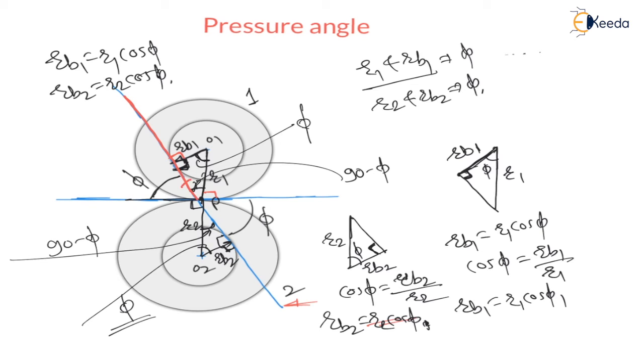See, like this, along this line of action the actual force is acting. Therefore this actual force will have two components: one along the common tangent, which is the tangential force Ft, equal to F cos phi, and one in the vertical direction, along the radial direction, which will be F sin phi, right? Because from this angle phi is given.